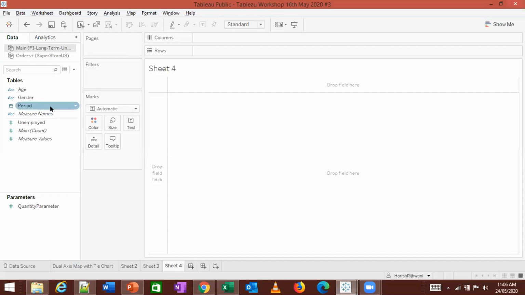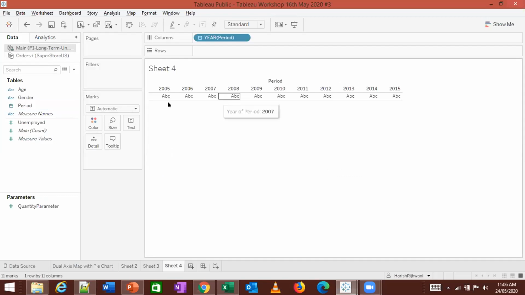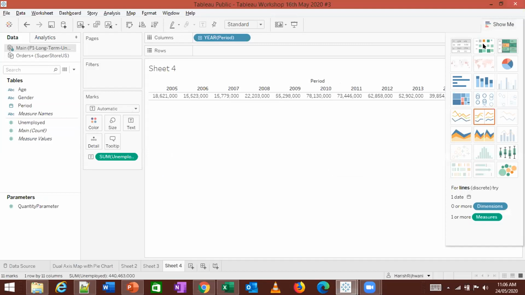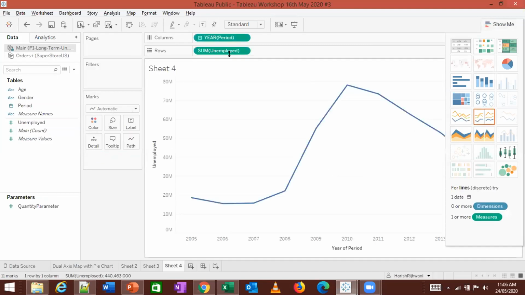So here I have data related to the date, all right, and the total number of unemployed. That is the main record that we have. Okay, so I want you to create a, so let's say this is the total number of unemployed by year. So again, if I click on this, I can create it into this graph.